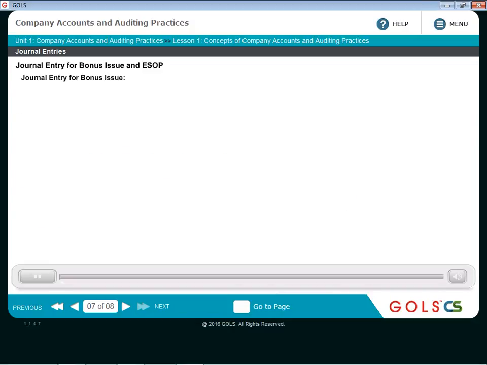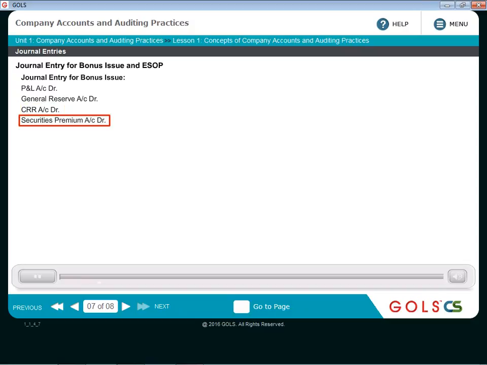Now coming to the bonus issue. Now bonus issue happens out of the free reserves which are otherwise available for dividend distribution purpose, or these happen out of CRR. CRR can be used exclusively for bonus issue only. It cannot be used for any other purpose. So all these reserves are utilized now for the bonus issue. So all these respective reserves accounts will be debited. So profit and loss account debit, or general reserve account debit, or CRR account debit.